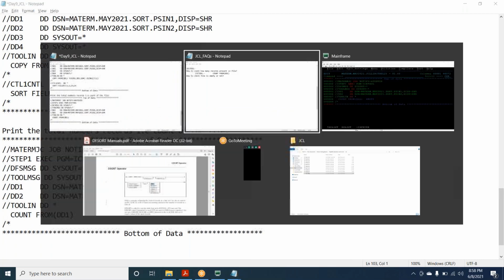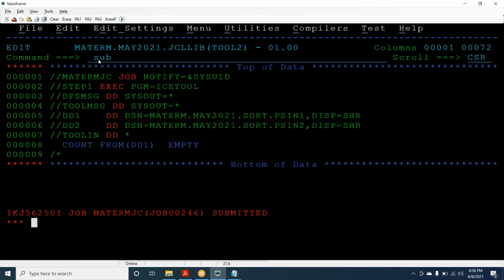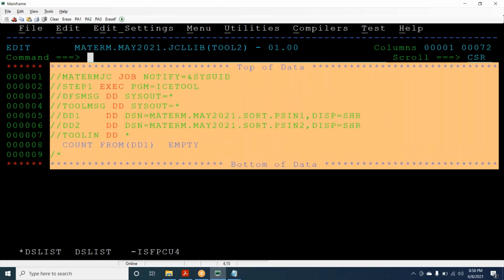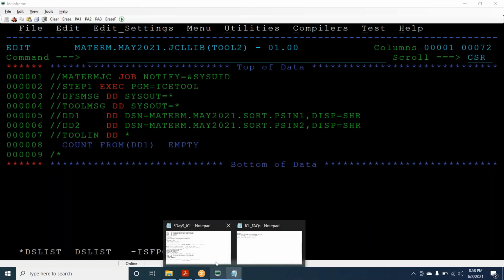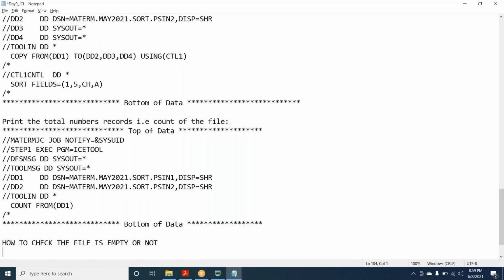Next. So team, now tell me whether this file is empty. Do you think it is empty or not? We got 0. It's a little bit of confusion, team. So please observe, return codes are going to play the key role. How to check whether the file is empty or not?